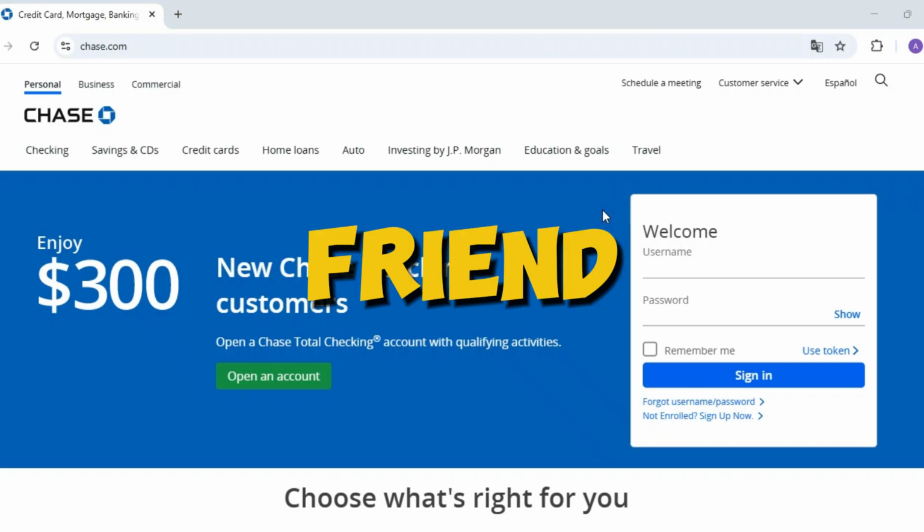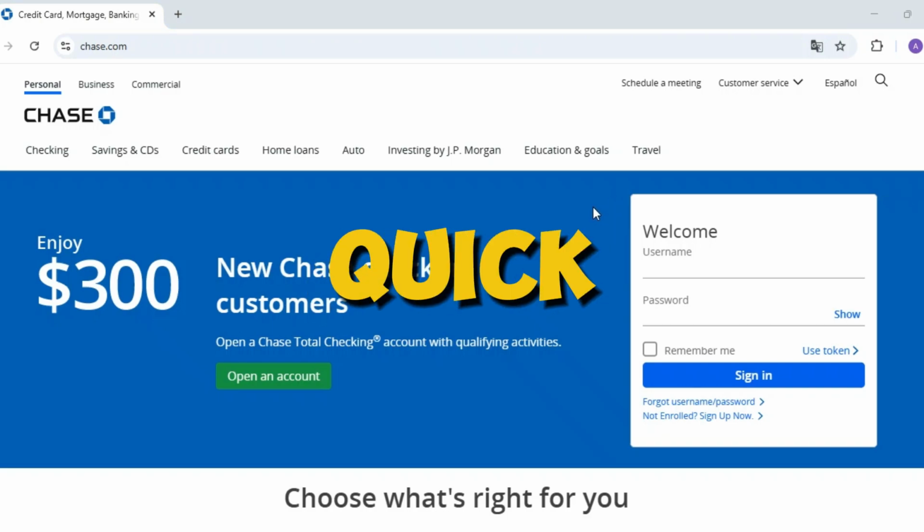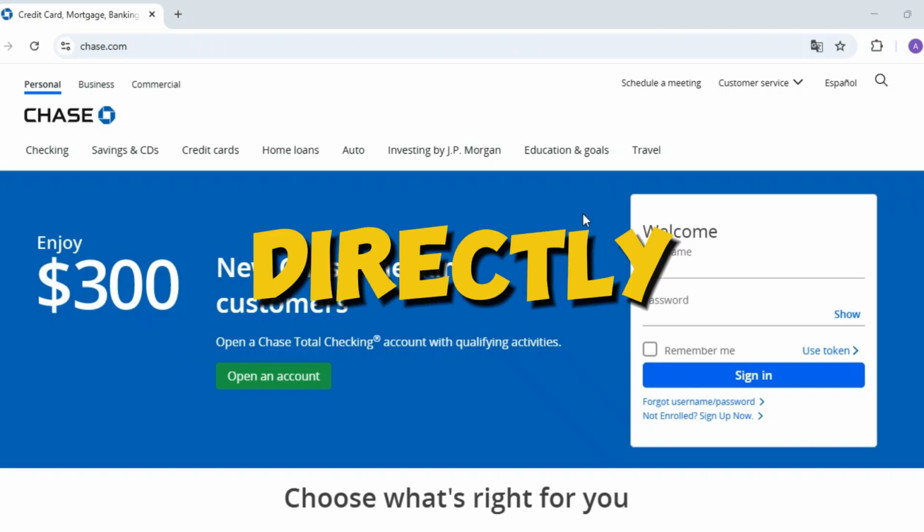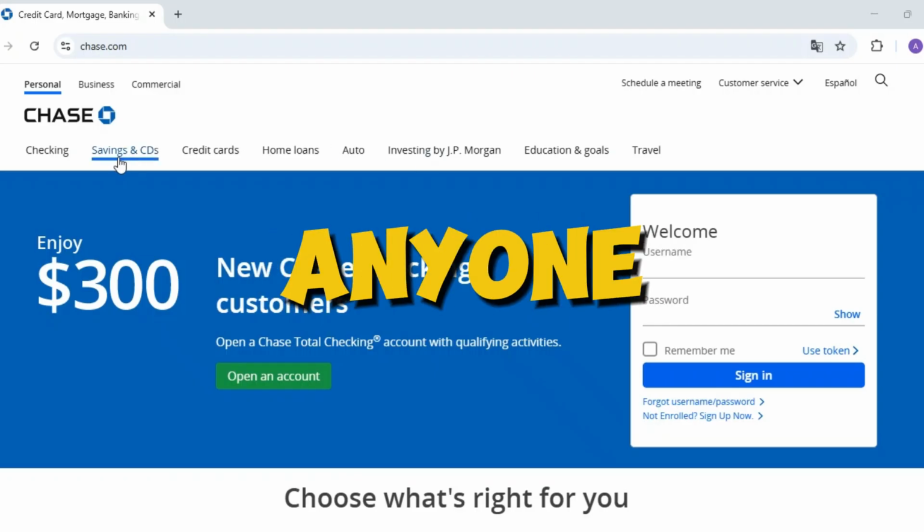Need to send money to a friend or split a bill? Chase QuickPay with Zelle lets you send cash directly from your Chase account to almost anyone in the US in